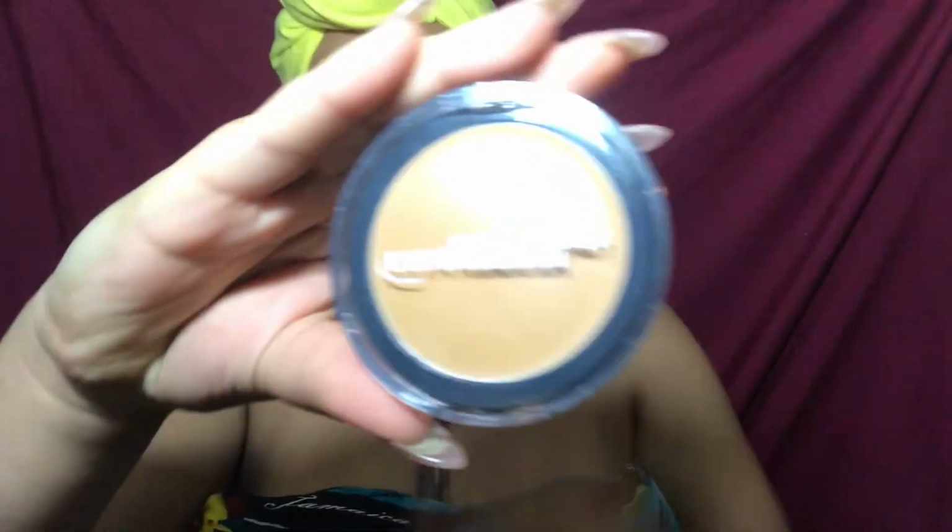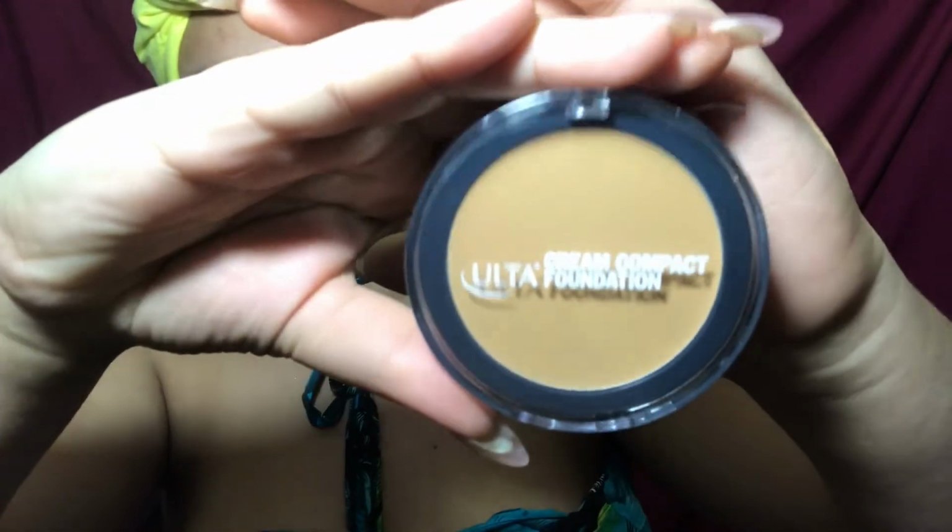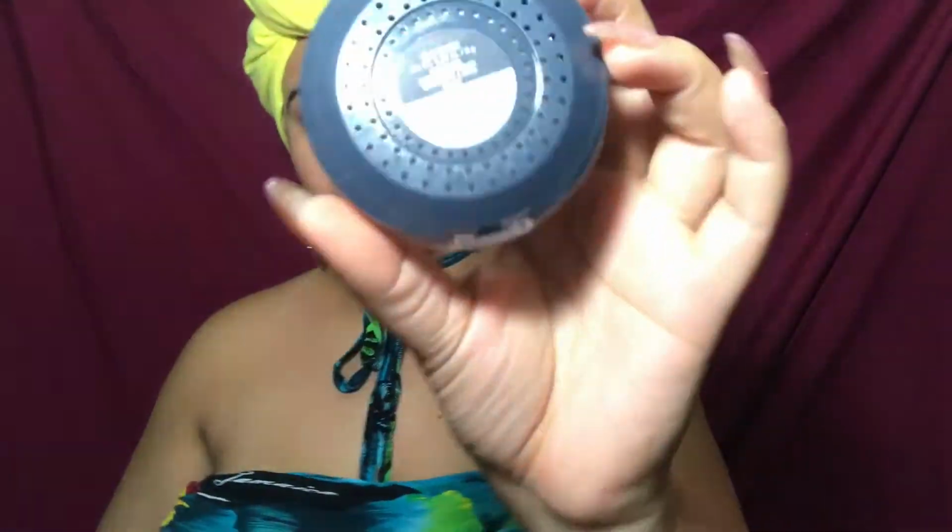Hey guys, it's Zot Beauty here, and today I'm doing a full face one brand, and that brand today is going to be ULTA Cosmetics. So of course, first I'm going in on their foundation, and it's a compact cream foundation, and as you